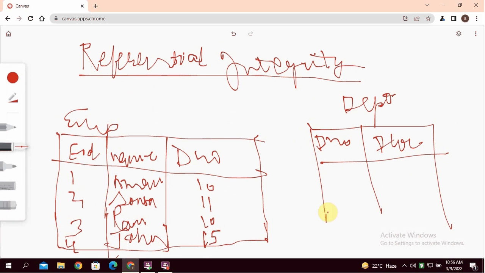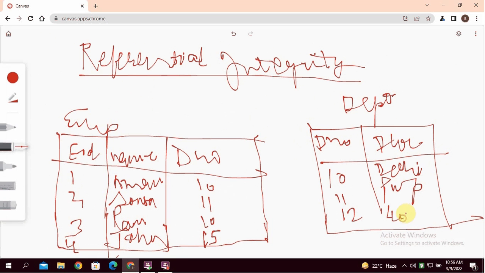Here D number 10, 11, 12 in department relation and department location Delhi, Panipat, Lucknow.